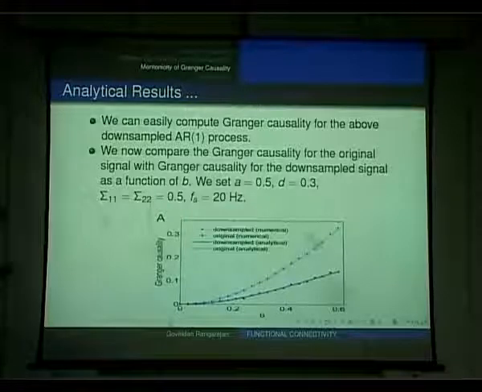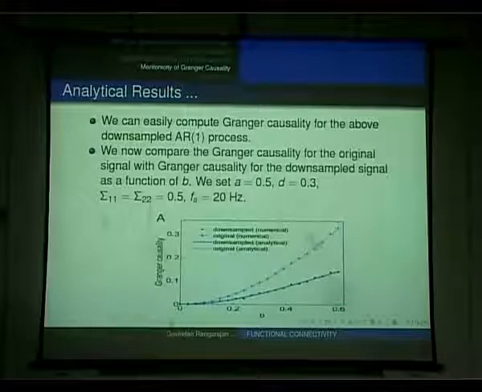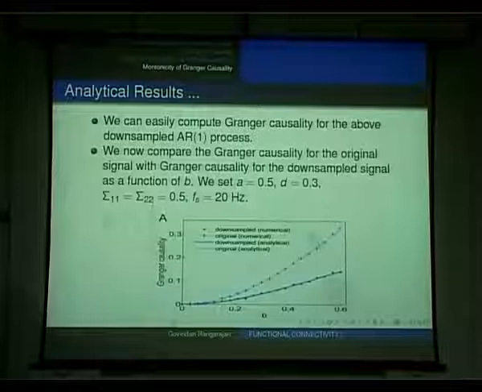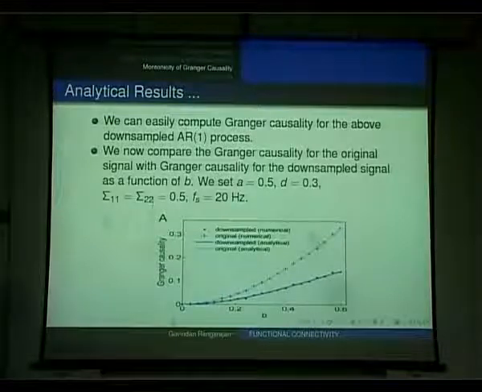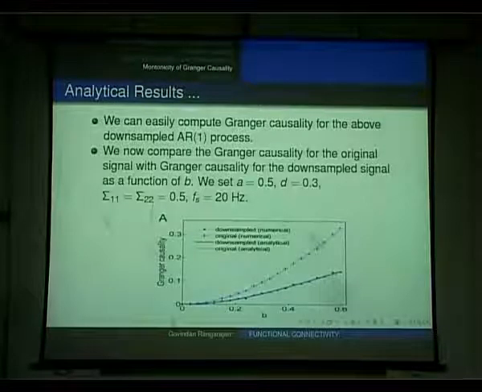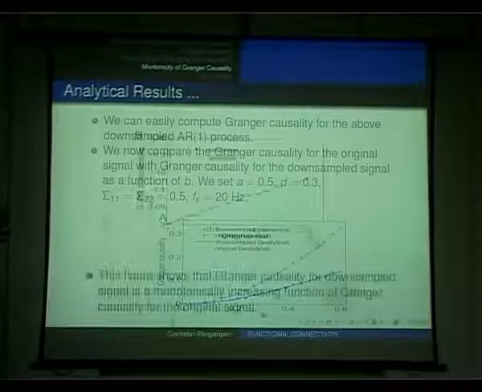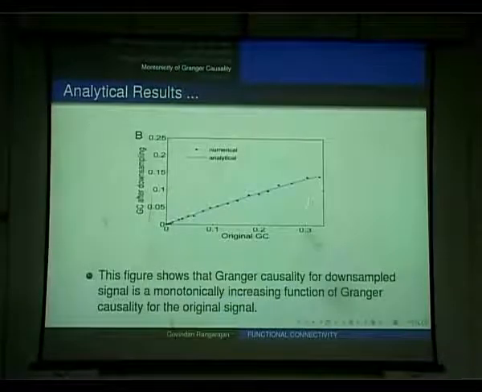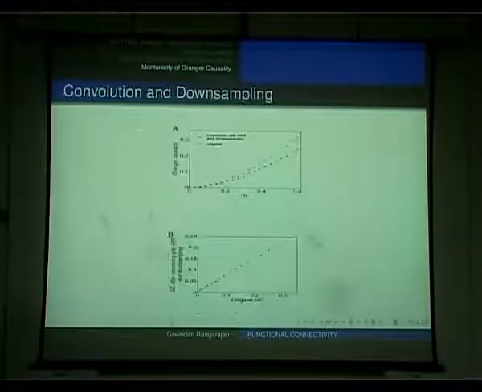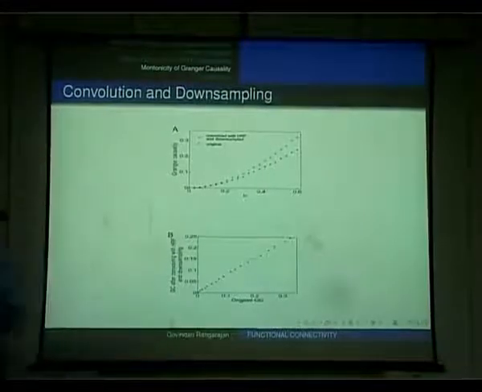So that's what I mean by saying that the monotonicity is preserved by this transformation from the neuronal signal to the fMRI signal. If you have two different conditions, one corresponding mathematically to a b value of 0.2 and another corresponding to a b value of 0.4, then at the neuronal level you would see such a big change, say from 0.1 to 0.2. You can see that the original granger causality and the granger causality after downsampling vary monotonically with one another. And then you can do something more complicated where you include both downsampling and